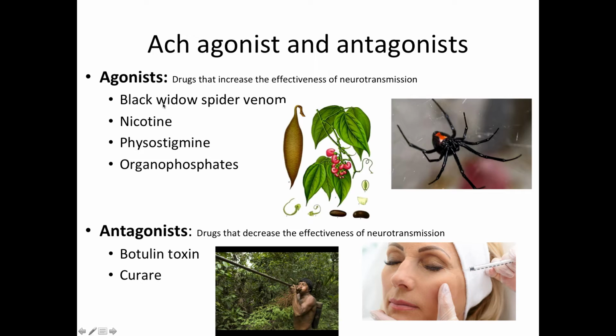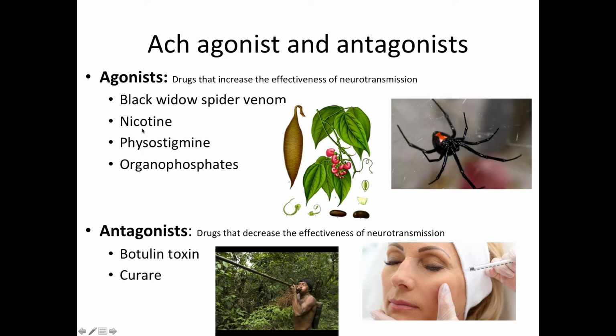So black widow spider venom promotes acetylcholine release at axons. So spiders use this on their prey as it will cause paralysis or death. A spider bite does not contain enough toxicity to paralyze a person, but if you ever get bitten by the spider, you can feel muscle weakness.